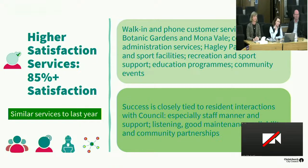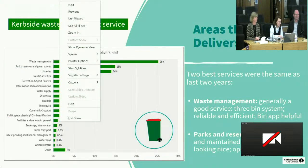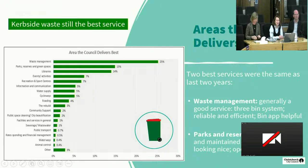So success is closely tied to those resident interactions with the council, especially around staff manner and support, and where people perceive we listen to people, where we have good maintenance, where we provide reliable services, and where we have community partnerships. And the areas that are best delivered by the council